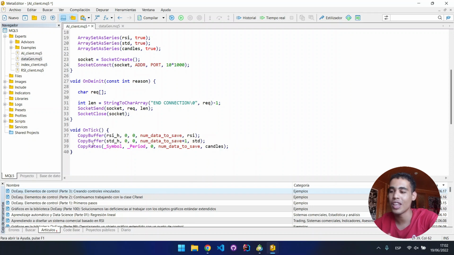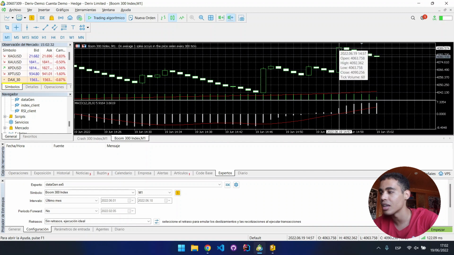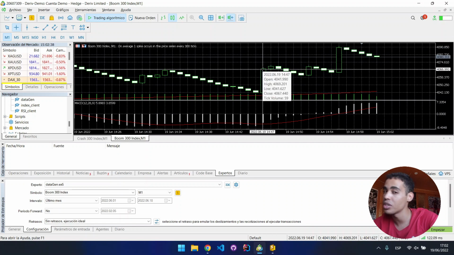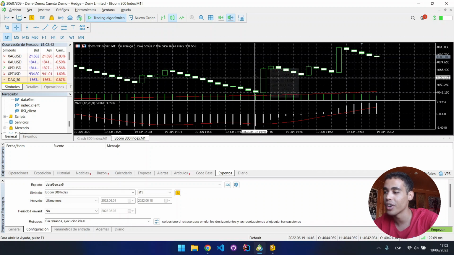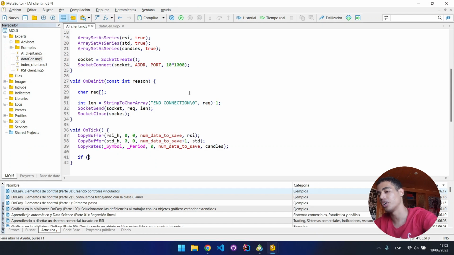Now we have all the information needed, but when do we send the data? Remember that our artificial intelligence is recognizing these booms, and it's saying, okay, do I have to open a position here? Do I have to open a position here? Check that out. We are only checking after a boom here, here, here, here, only after the booms. So what we have to do is, okay, if the previous is boom,